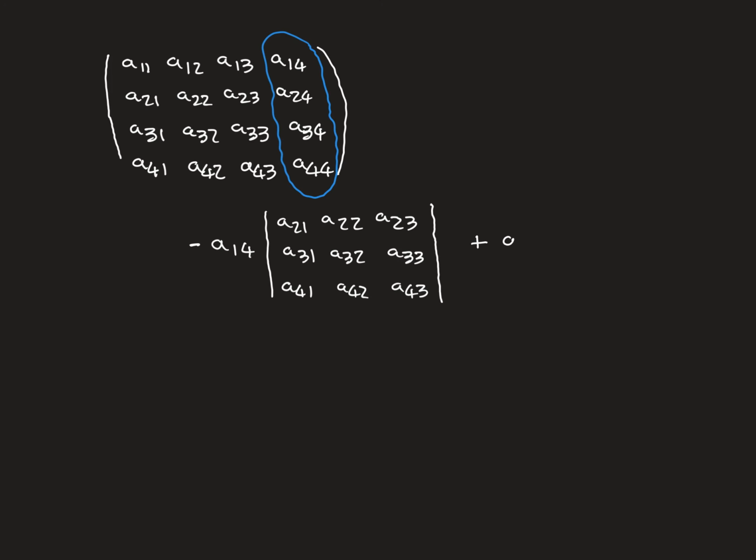Next, we'll go on to A24, the next one down. So again, we exclude this row, this column, because we don't want anything from those rows and that column to appear further in the product. So what we now want is the determinant of the remaining reduced 3 by 3 matrix, which will then find all possible products of 3 things that contain something from every row and every column and just one thing from each row and each column, which is exactly what we need to multiply by A24 to get all the possible products of 4 things that involve A24 that are going to be included in the determinant of this 4 by 4 matrix. So it's going to be A24, and this is going to have a plus in front of it